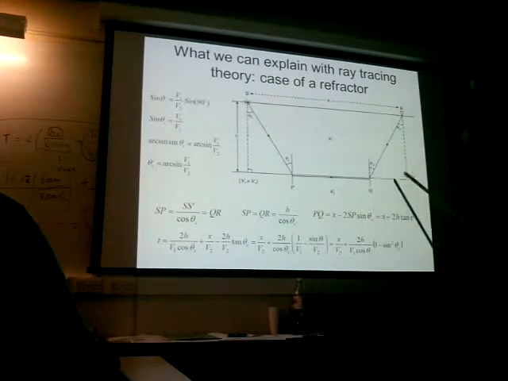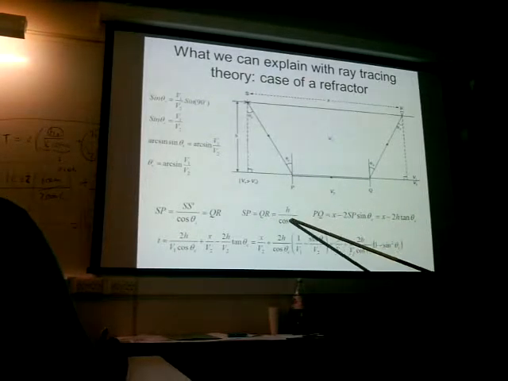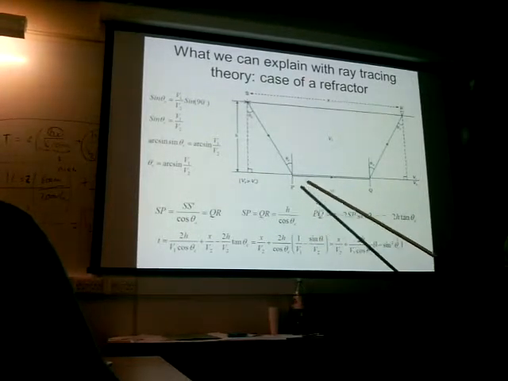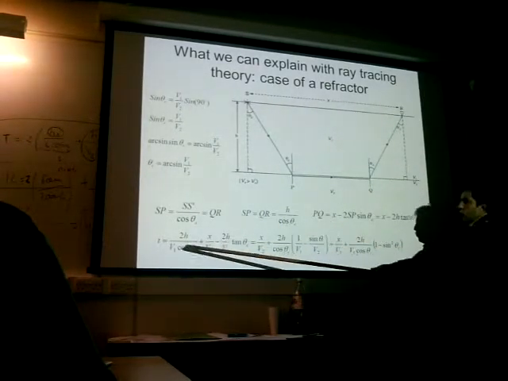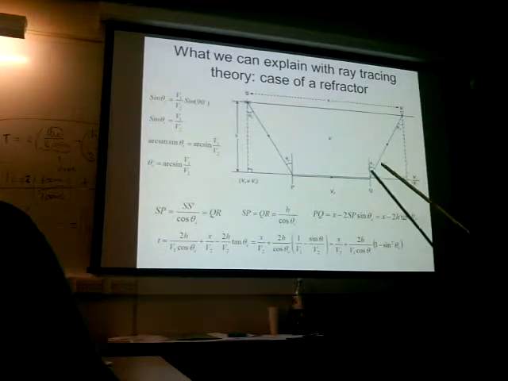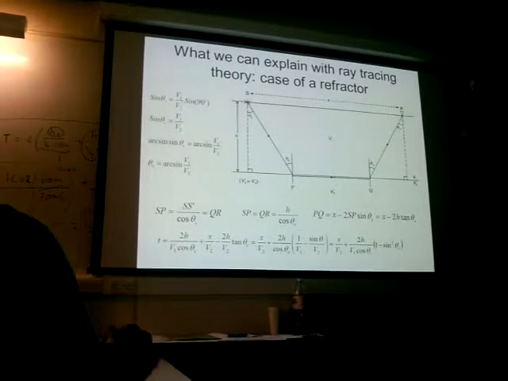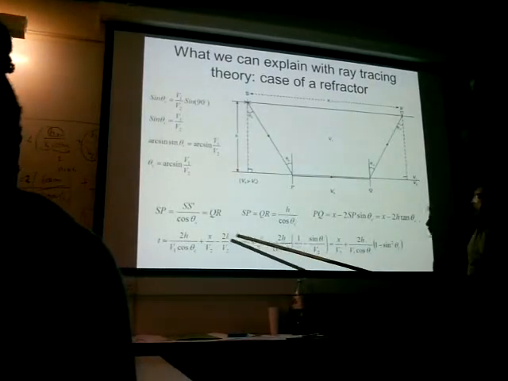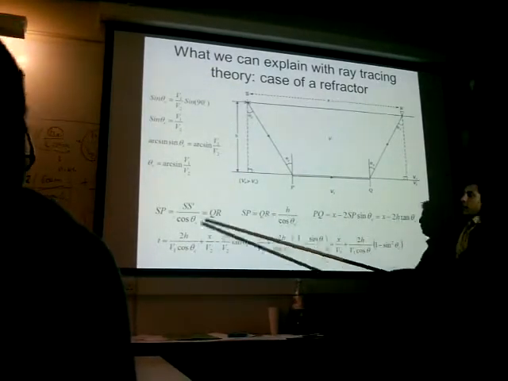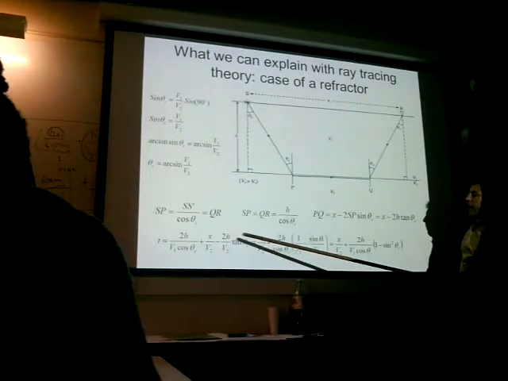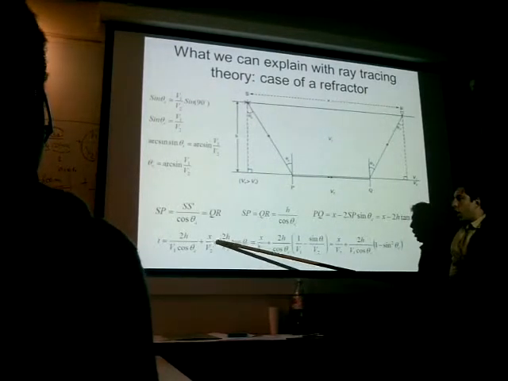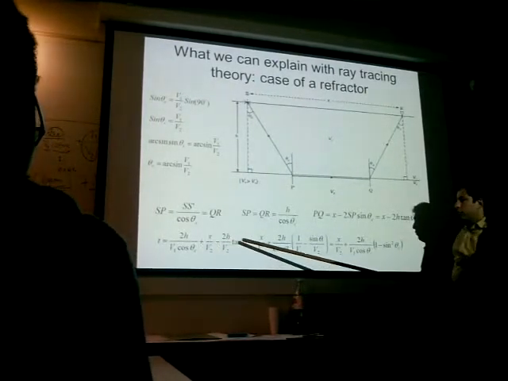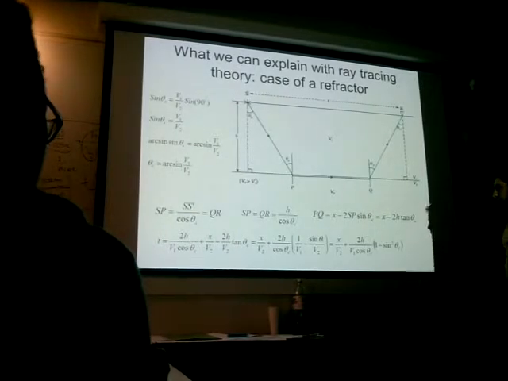The two pieces in there are nothing else than those pieces, SP and QR, so basically my SP, my QR, twice, and divided by the velocity of what? In that case, along that path is traveling along the velocity 1, that is the lower velocity. So you got a piece traveling along the velocity 1 and a piece traveling along the velocity 2. Now, the only thing I'm doing there, I'm just rewriting the equation by taking basically the common denominator of those two, okay, and I'm splitting